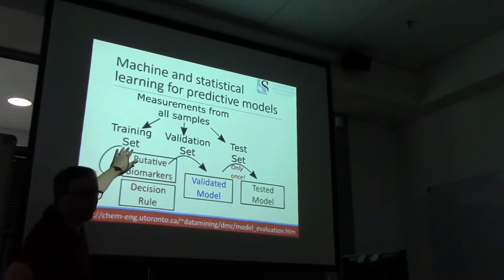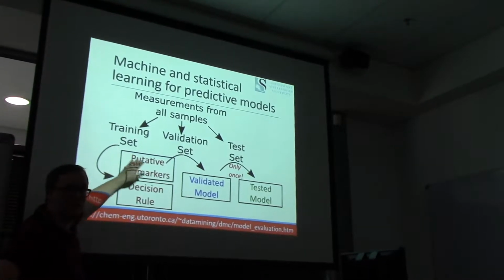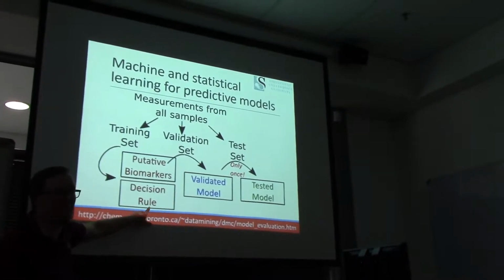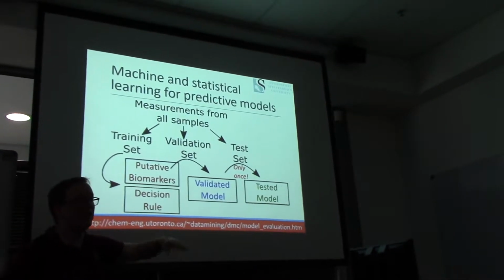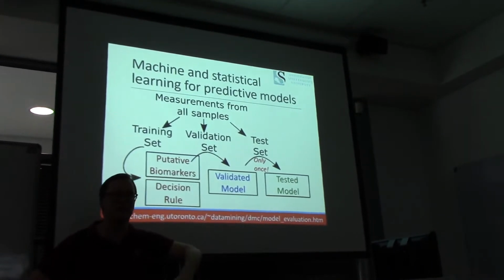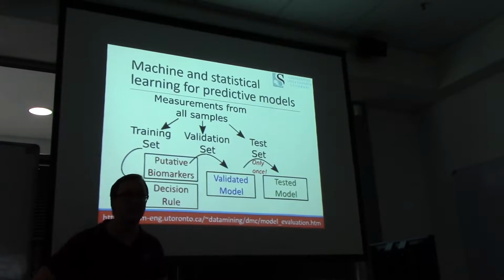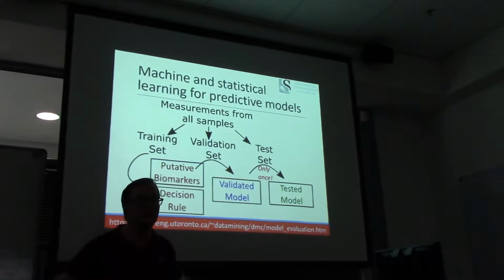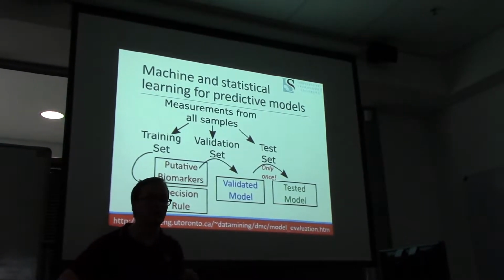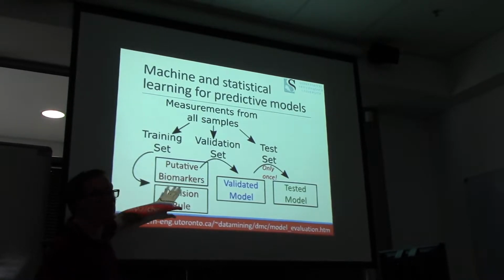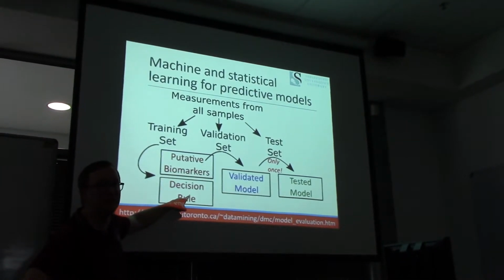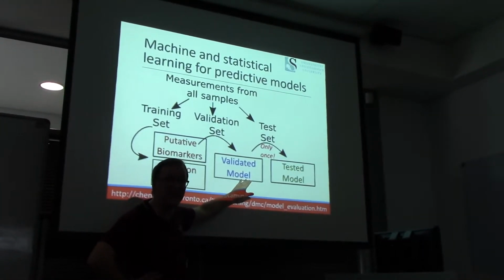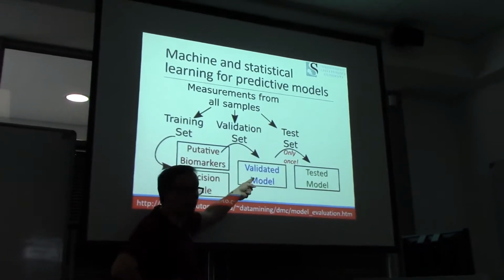So, in this first set, the training set is going to be used for feature selection to figure out which of the features are actually useful in making a decision. And it's going to come up with a decision rule to be able to say anything higher than this is a positive, anything lower than that is a negative. It's exactly the same thing as the horizontal line that we drew in the 3rd column on the Tuesday lecture about receiver operating characteristic curves. Okay, so we're asking the software which features matter and how do we come up with a decision on an individual patient. We can pass that through other data that this learner has not seen in order to validate that